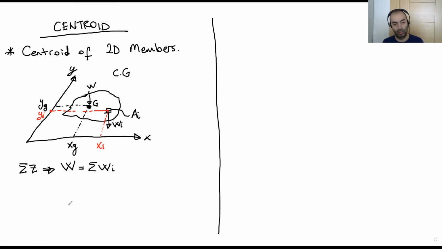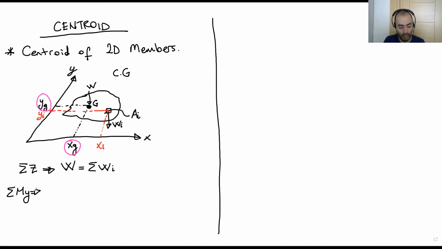So what are we looking for? We are looking for xg and yg, because these coordinates give us the location of the point G. Okay, xg, I'm looking for this one and this one. But while I'm doing this, I will use the center coordinate of all these small members, small pieces. Let's write the total